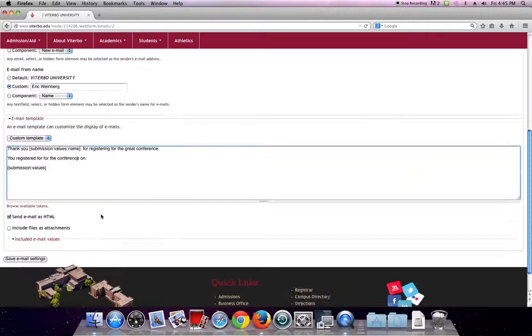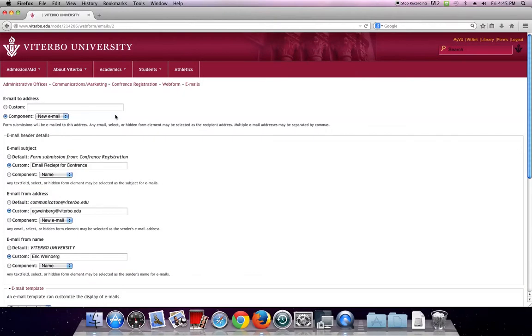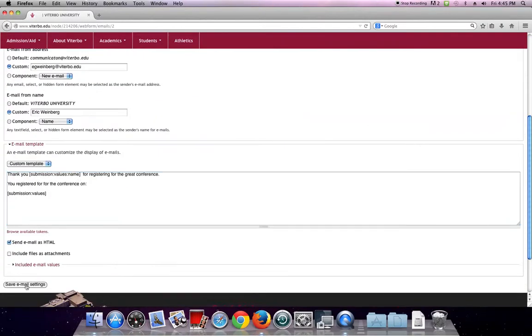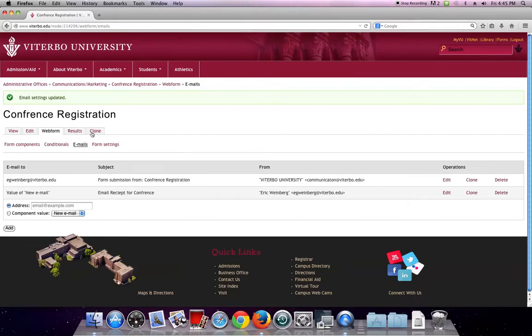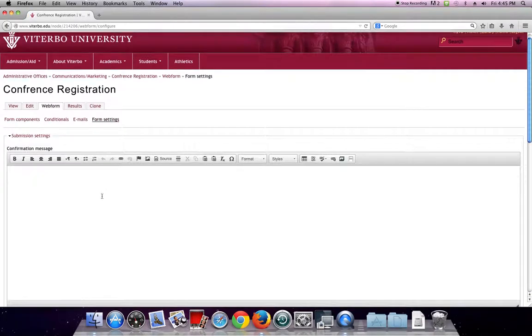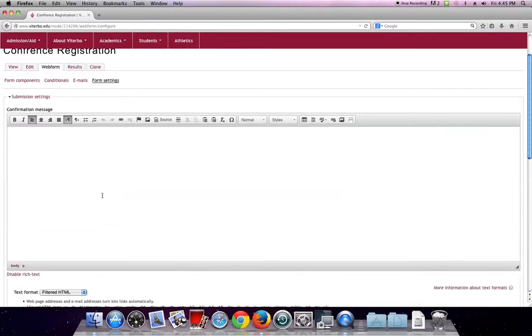So that's the basics of doing that. The one other option we have, and I'm going to click save here, is we can also use these tokens in the form response, the response a user gets on the screen. So if I was to write on the confirmation message, thank you,